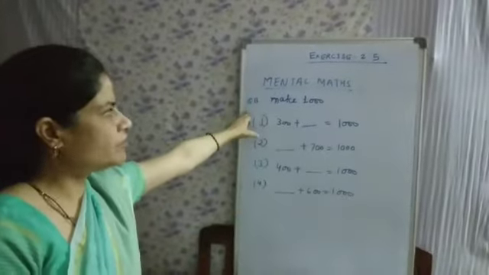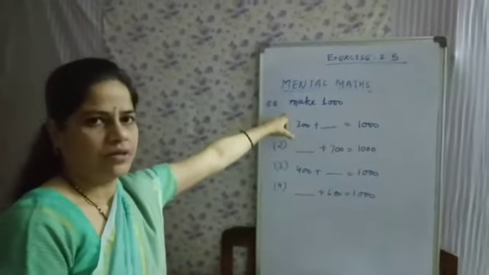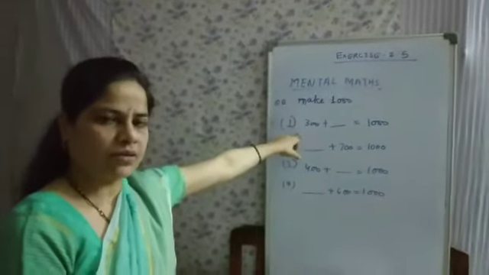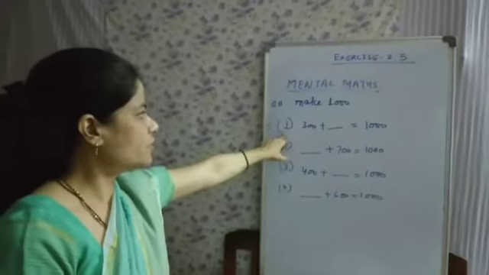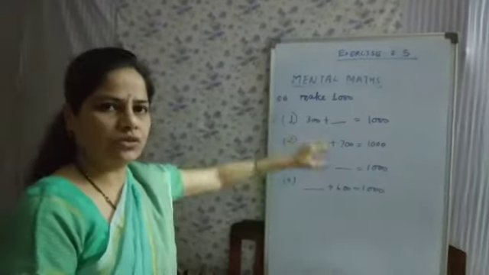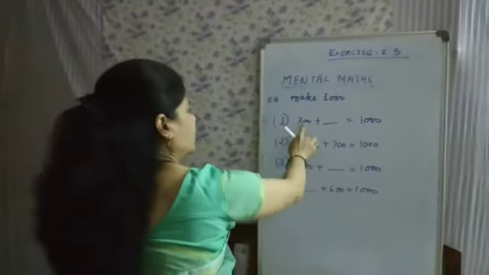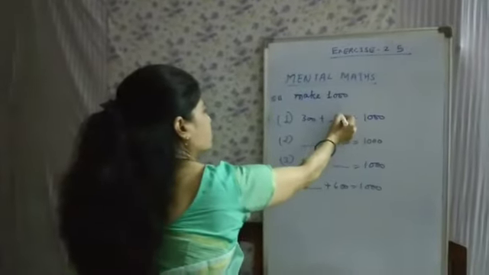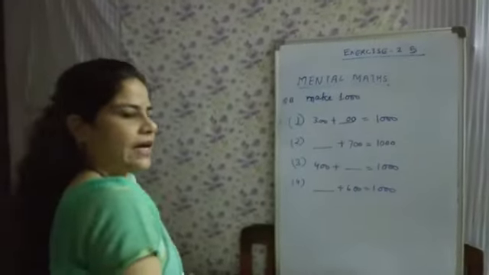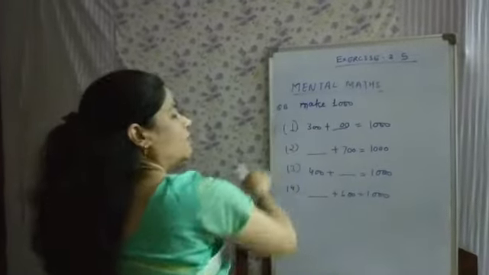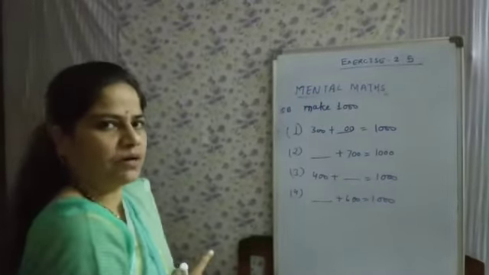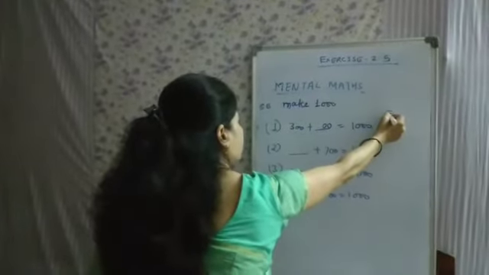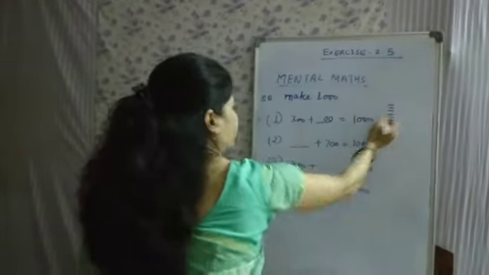Now question number B of this activity, make 1000. अब आपने पहले 100 बनाया था, अब आपको 1000 करना है. ओके. सो फर्स्ट वन इज 300 प्लस डैश इक्वल्स टू 1000. हाउ मेनी zeros in 300? 2 zeros. 1, 2. So first you have to write double 0 in dash, and after 3 you have to count up to 10. Same thing you have to do. So after 3 you have to count up to 10. 4, 5, 6, 7, 8, 9, 10.